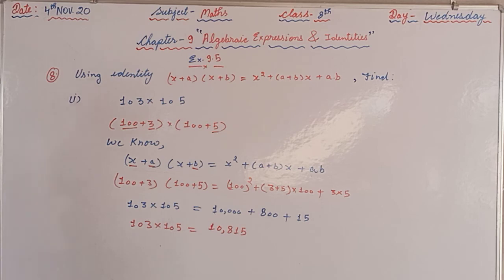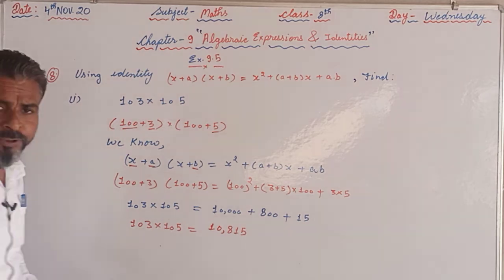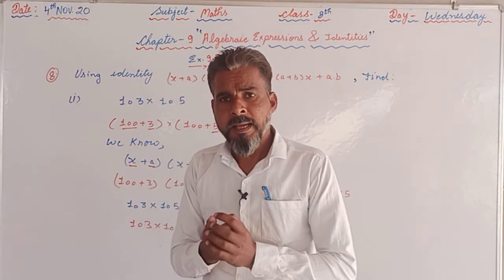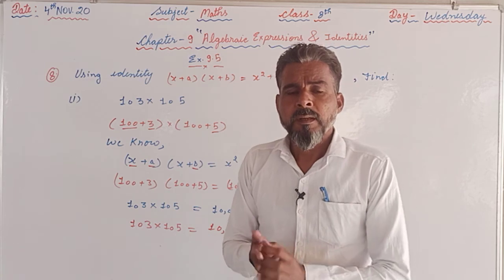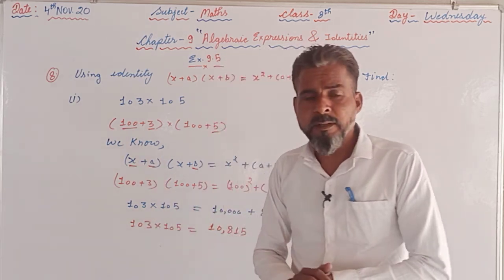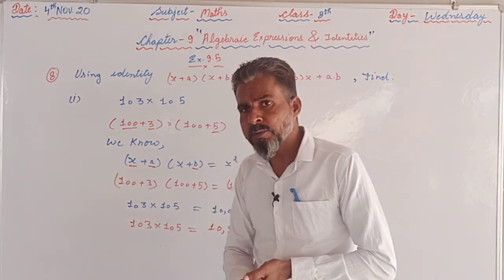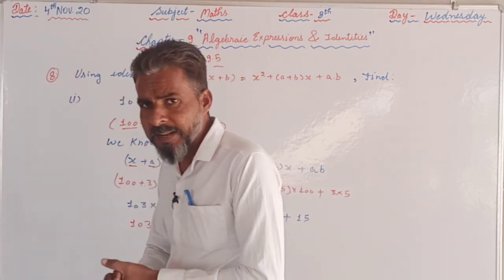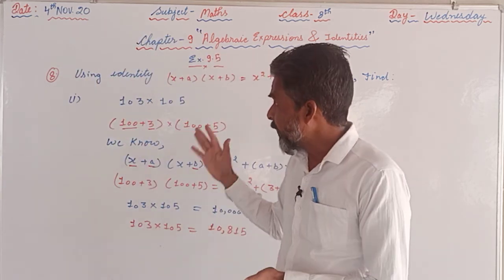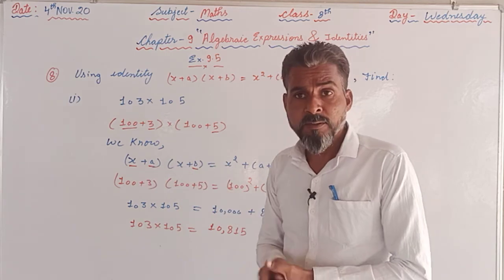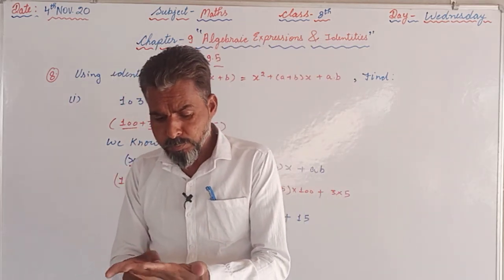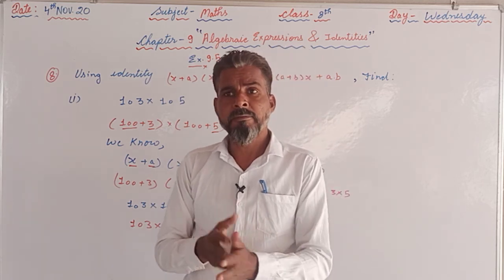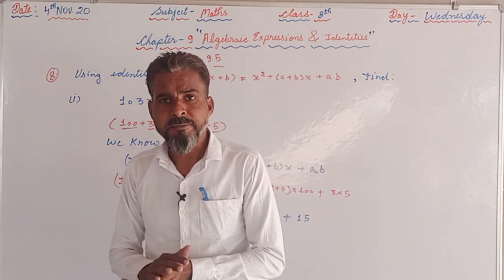So like this we can proceed with the questions given in this exercise. First of all, you are supposed to repeat the questions which we have discussed today, and afterwards you are supposed to try the parts which we have left. Now the chapter has been completed as well as the exercise, because this was the last question, and afterwards you are supposed to go through the chapter and try the different questions from the different exercises.